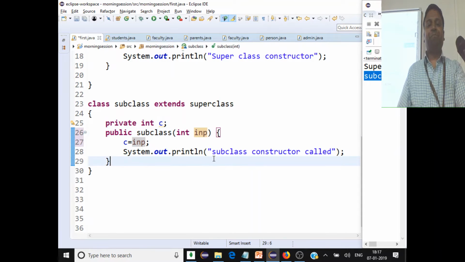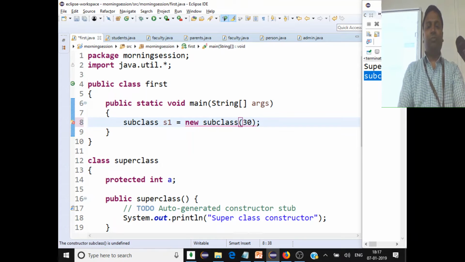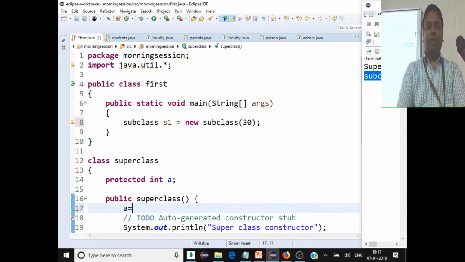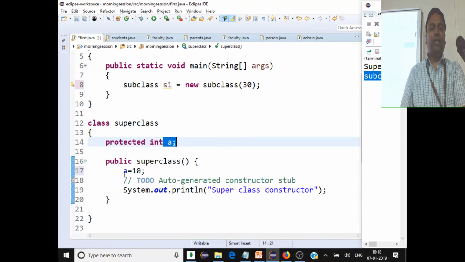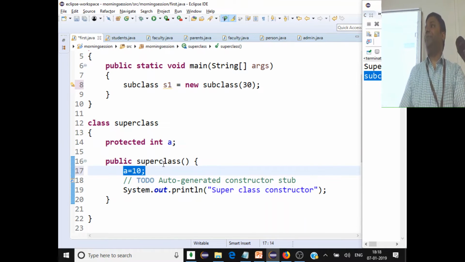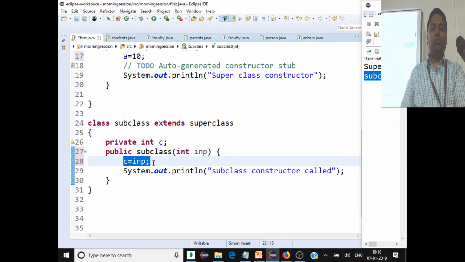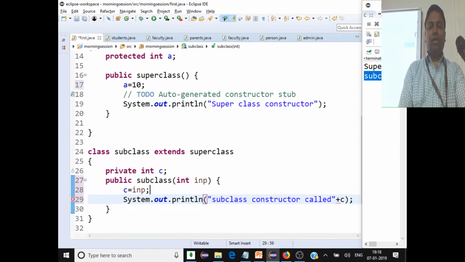So how will you create an object for a subclass now? You just pass some value. And then we'll also print the value in A and C. Say we'll initialize A to some value here, by default value in the superclass. So you have a variable A in the superclass, I'm initializing it to 10 by default. Whereas in the subclass, I'm getting the input from the user and then initializing that to the value for the member. So now what will be the output if I call this, if I just print both C and A,